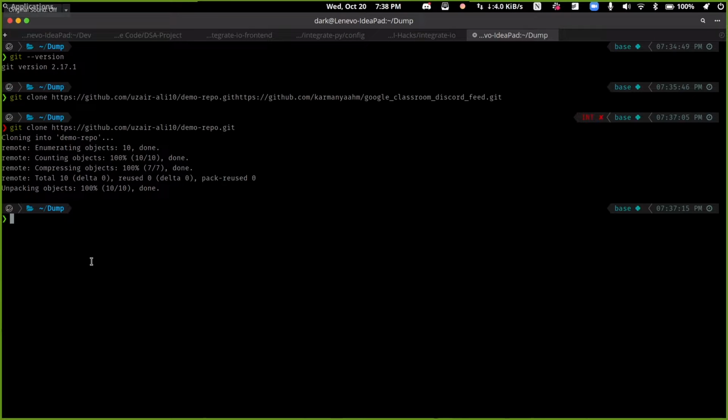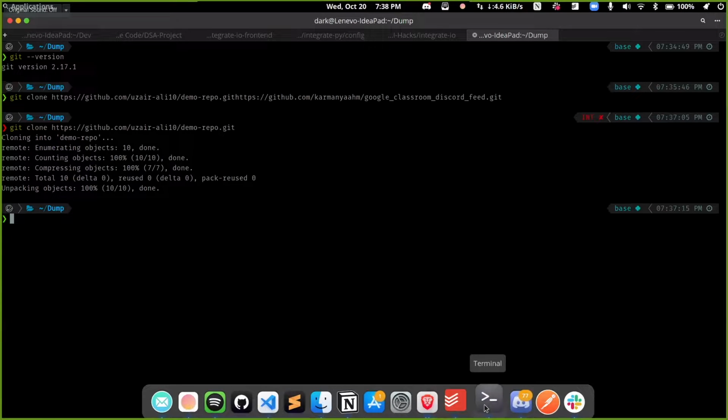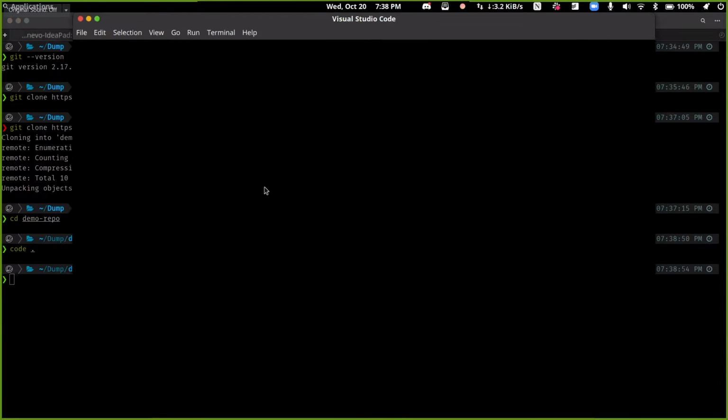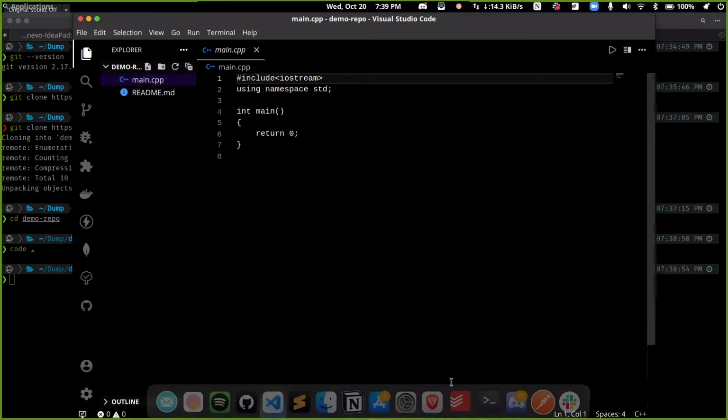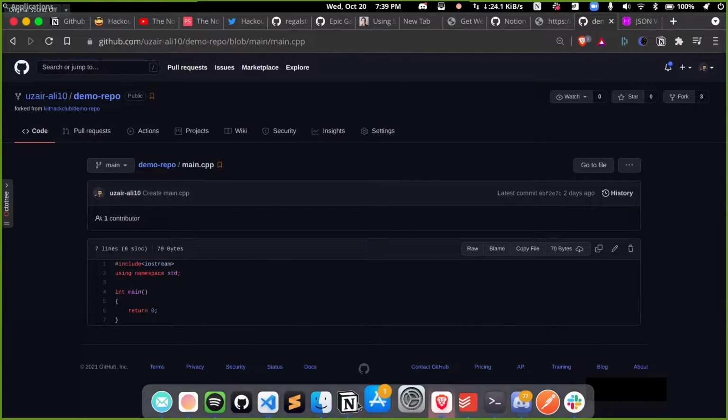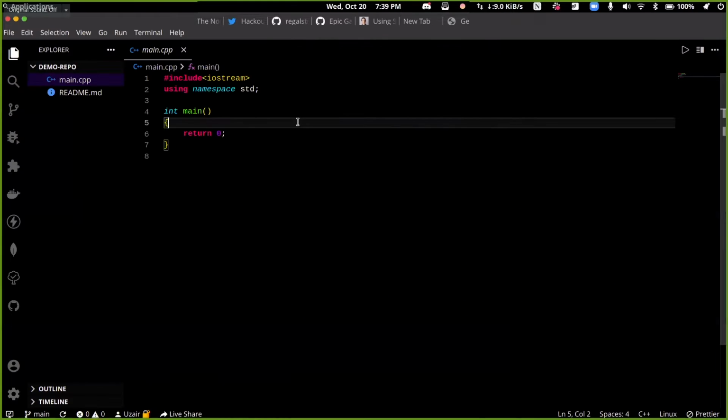Now, suppose I want to make changes. Let me open up my Visual Studio Code. cd demo repo. Now I'm in the demo repo folder. I'll open up Visual Studio Code over here. This is the main.cpp file, as you can see over here also. What does it contain? Same contents.